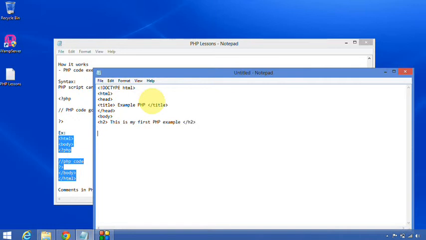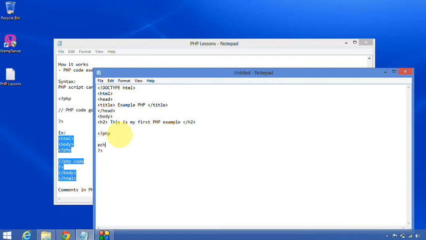Okay, now I'm going to write my script using PHP. This is the PHP open tag, and this is the end one. In between we need to write our code.